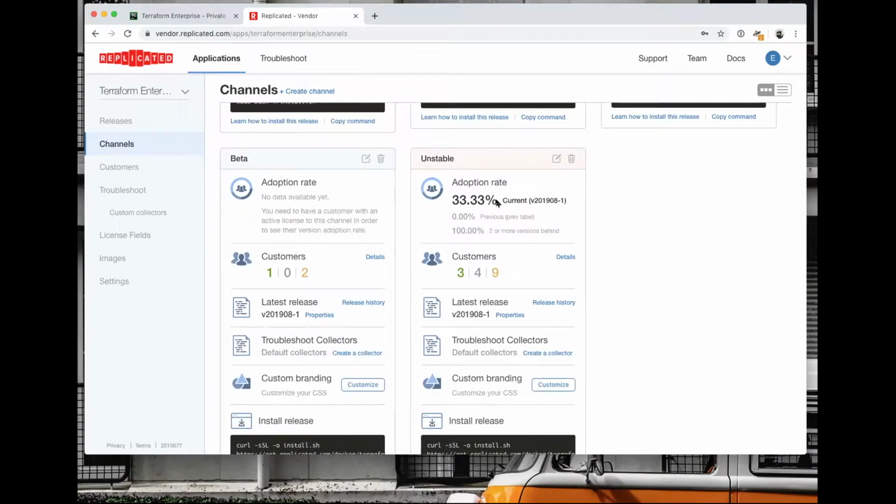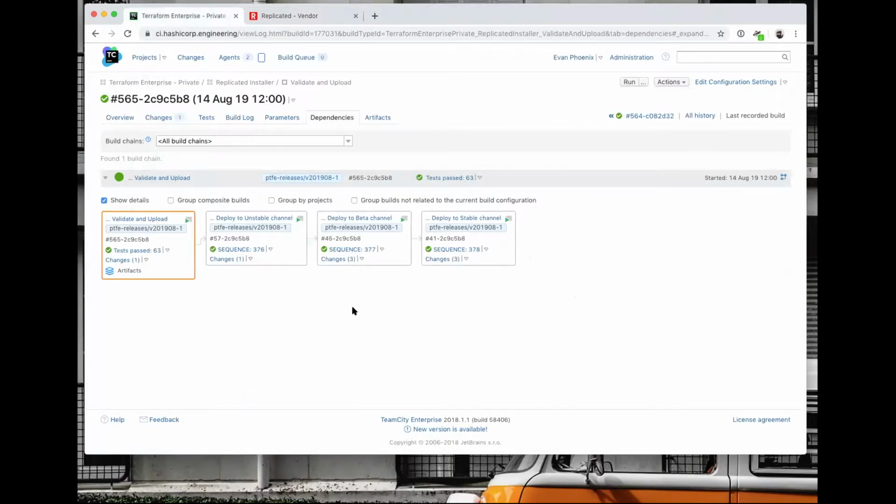Yeah, and it might be interesting to look at how we do this. One thing that you can do inside Replicated, and Grant, you could talk about this, is you can promote between these channels. Just due to some quirk about how we ended up doing the tooling, we actually didn't use that, but we effectively do it the same way in our CI system. So this is the CI system that is currently used to actually do the deployments.